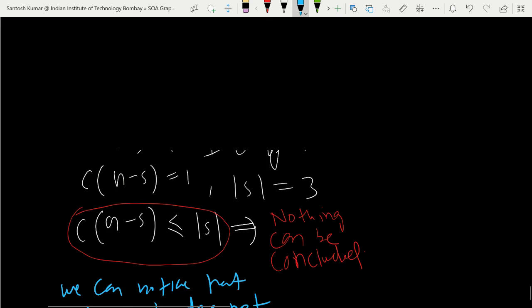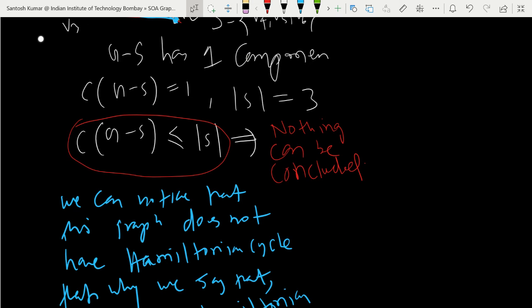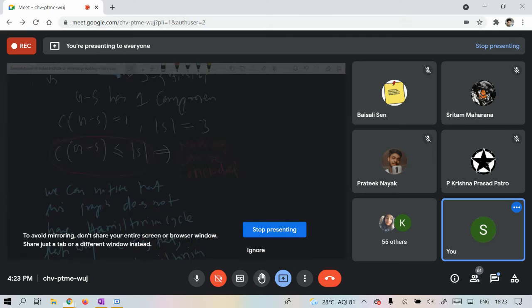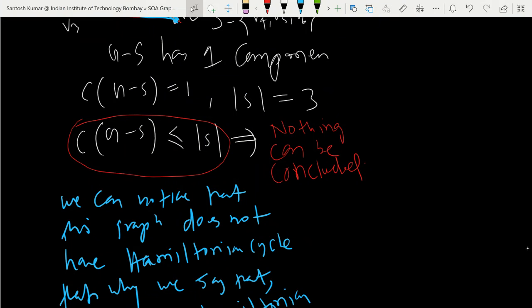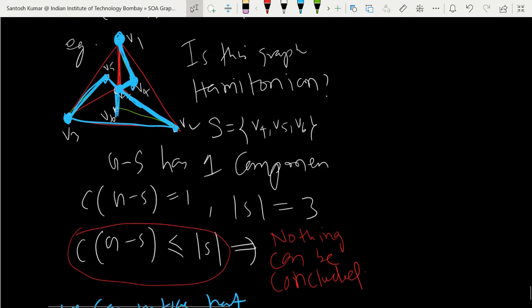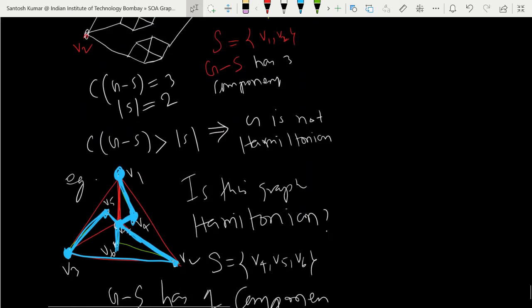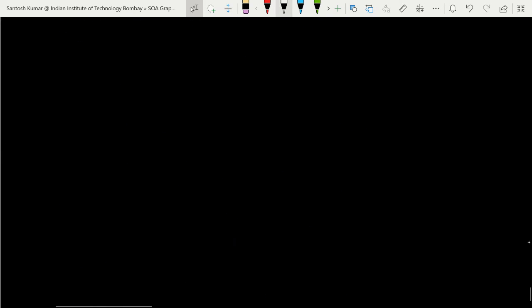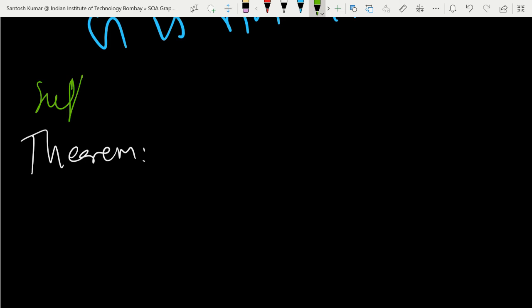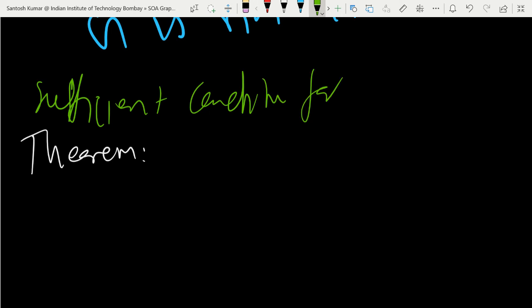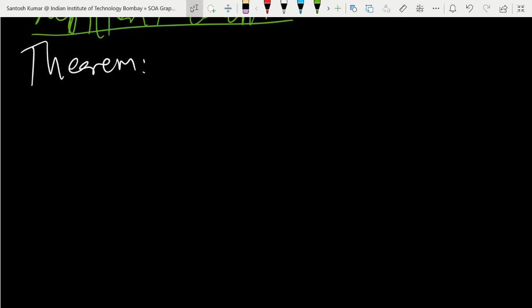So this was the necessary condition. One more result I will tell you, that is sufficient. So we'll be back to the sufficient condition. What is the sufficient condition for Hamiltonian? Next result, this is a very important result. So the next theorem will give us a sufficient condition for Hamiltonian graphs. What is the theorem? Theorem says